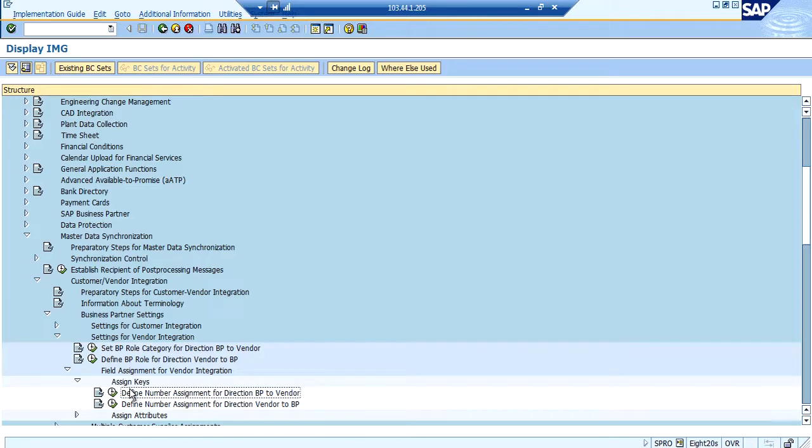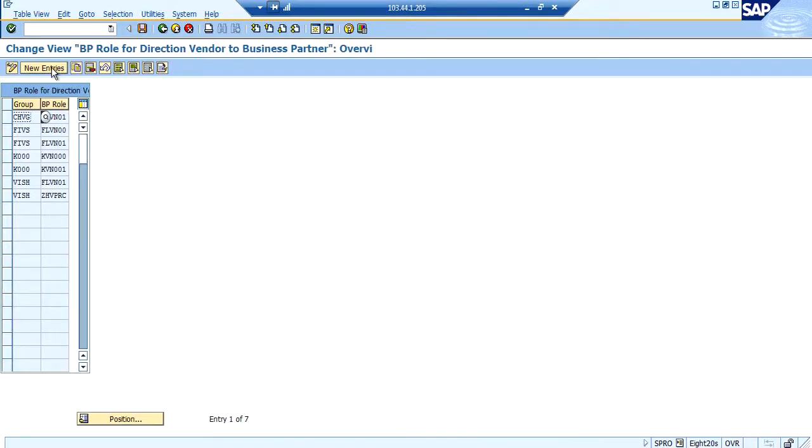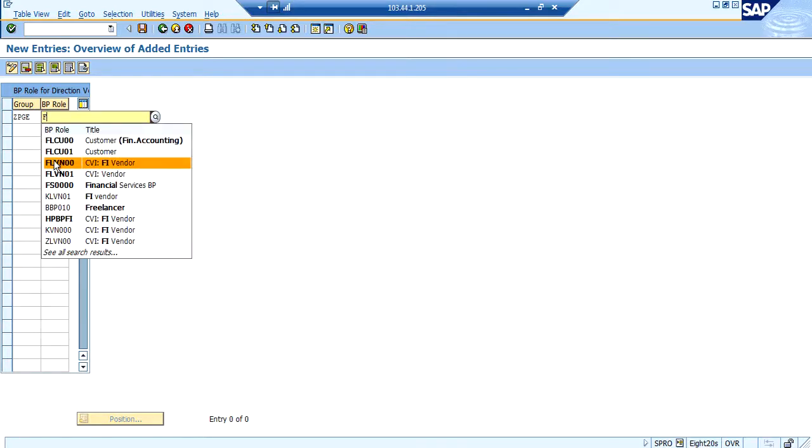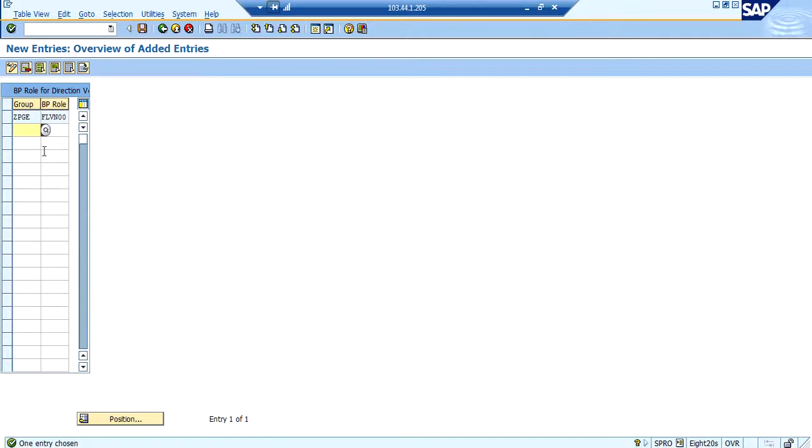So the first one is here. We have to go to master data synchronization, vendor or customer master integration, business partner settings, settings for vendor integration. In that, define BP role for direction vendor to BP. Here we have to select our group and give the BP roles.